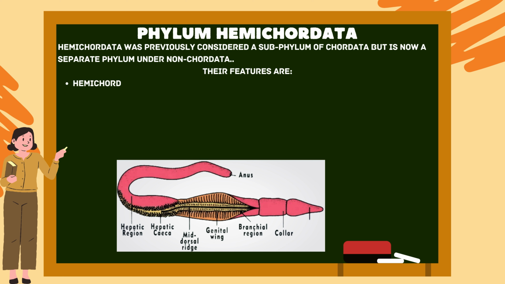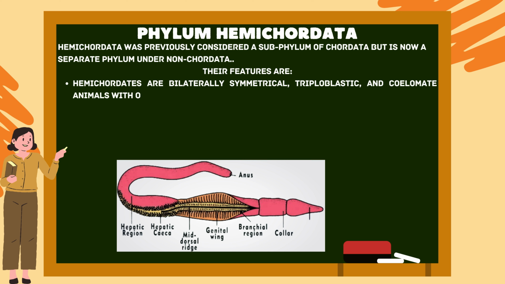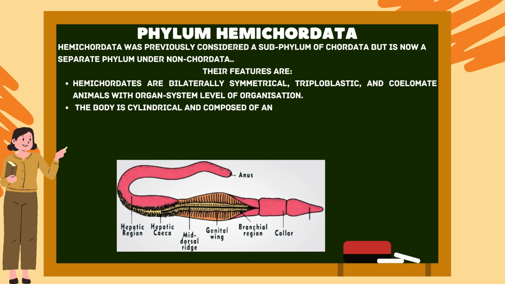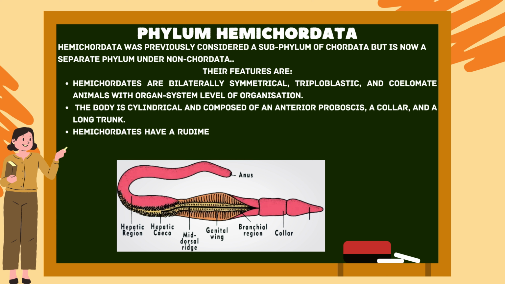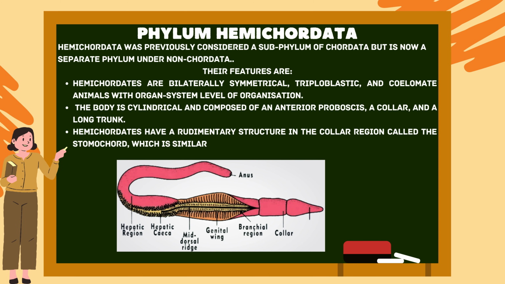Their features are: hemichordates are bilaterally symmetrical, triploblastic and coelomate animals with organ system level of organization. The body is cylindrical and composed of an anterior proboscis, a collar and a long trunk. Hemichordates have a rudimentary structure in the collar region called stomochord, which is similar to the notochord found in the